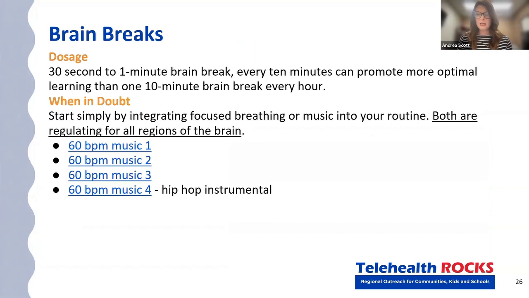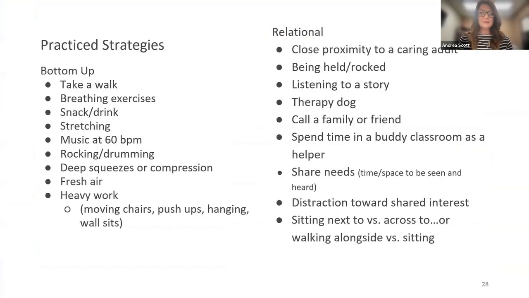Here's your 60 beats per minute that I was referring to. If you want to have some hip hop, there's some in there too. Next slide. And then here are what we refer to as practices, from using the bottom up to top down. When I refer to the bottom of the brain, that is our bottom brain function. So anything on the left are techniques and strategies that you can use. And then we've got our relational brain, if the child's in their limbic system, so that's more referring to the upstairs brain. Okay, next slide.